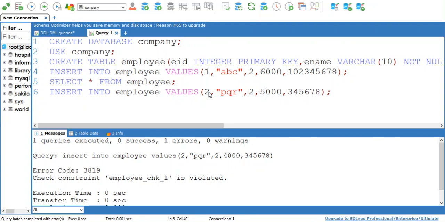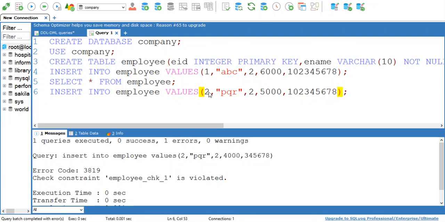Now see here I have given the value 5000. Now we have given a unique constraint to the phone attribute, that is, the phone number should be unique for all the rows. Now in this insert query my first four values are satisfying all the constraints. Now let's take the phone number value. I am inserting the same phone number value for the second record as that of the first record.